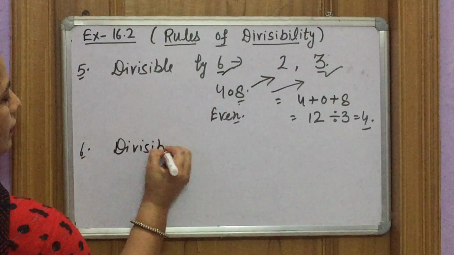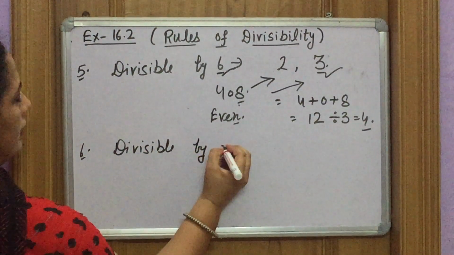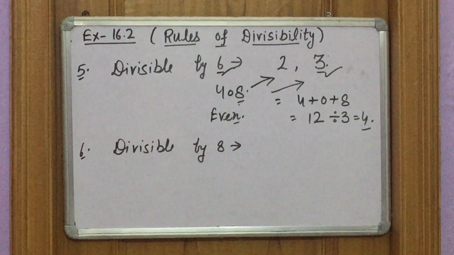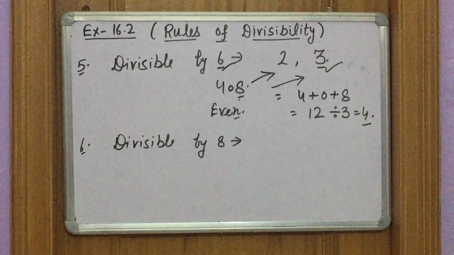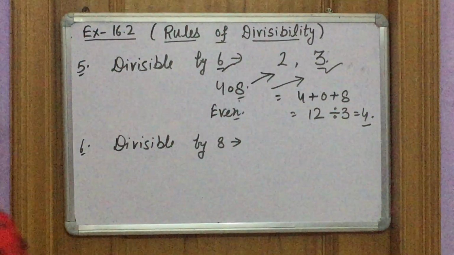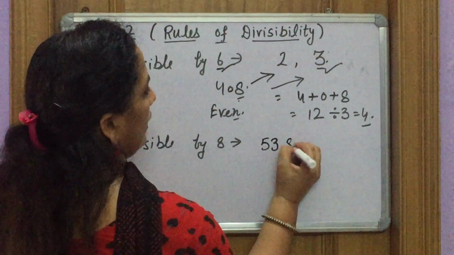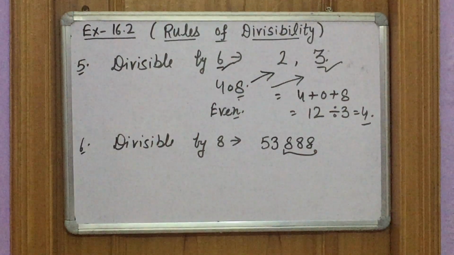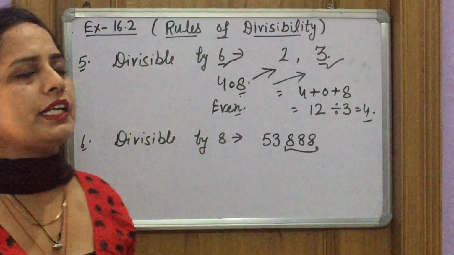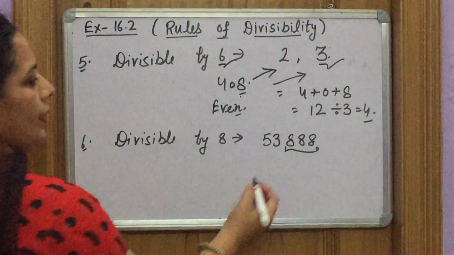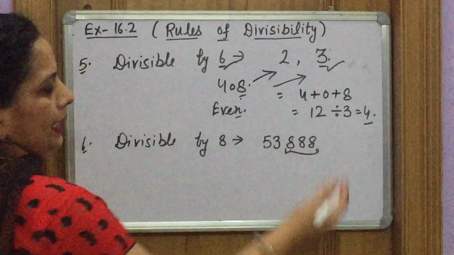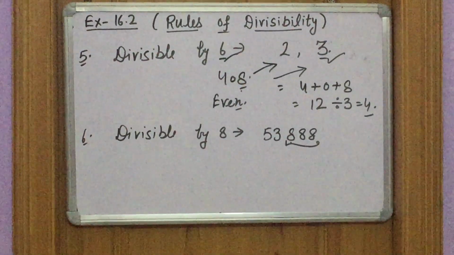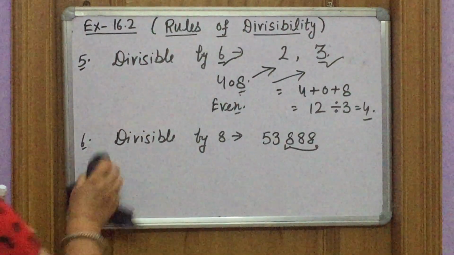divisible by 8. To check whether a number is divisible by 8 or not, just find out its last 3 digits. If last 3 digits are divisible by 8, then we will say that this number is definitely divisible by 8. Here last 3 digits are 8, 8, 8, so we can say that this number is divisible by 8. Next is